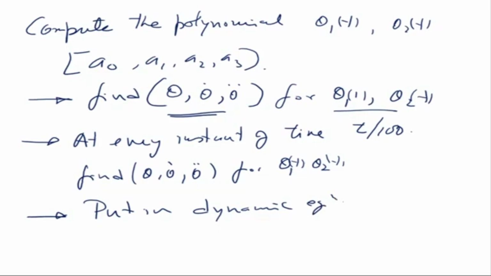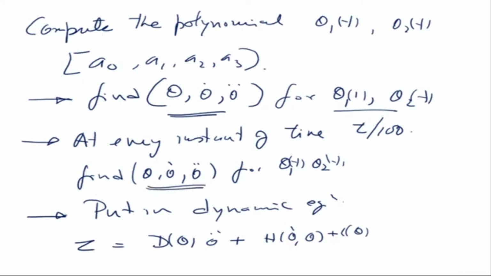Okay, so the dynamic equation is tau equals D(theta) theta double dot plus H(theta, theta dot) plus C(theta), right? So at every instant of time, I'll compute the position, velocity, acceleration, put it in there, get the tau, and then I'm going to plot. And what am I going to plot? As I said, we are going to plot